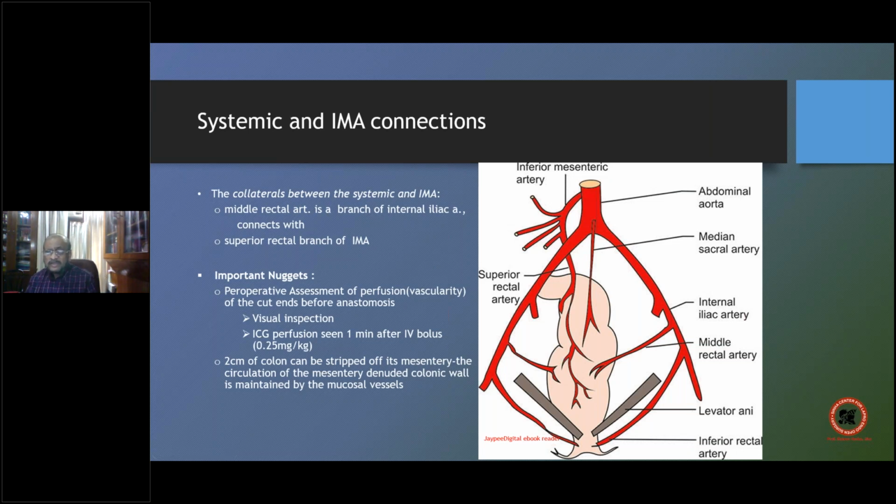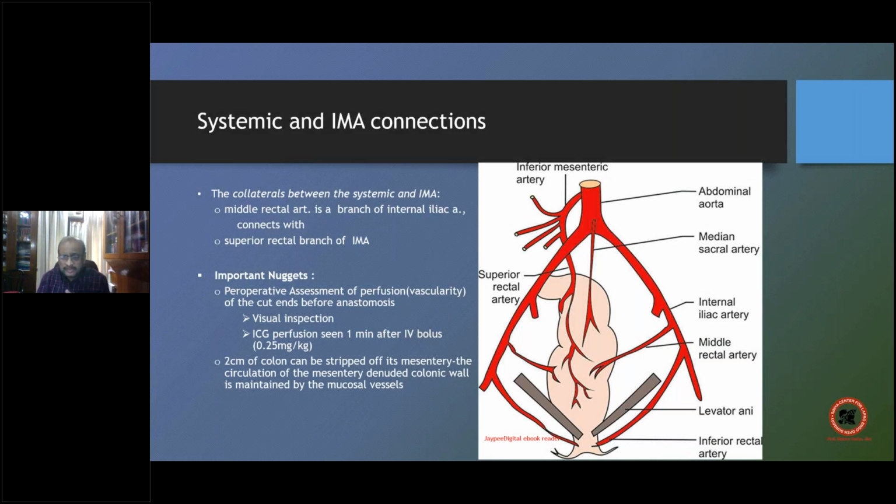of the intestine, when you cut the intestine and try to anastomose the two edges, you have to be sure that both the edges have got enough vascularity in them. And how do you ensure that? One, you can use the naked eye. If you're doing a laparotomy, by naked eye examination you see the oozing from the cut edges, and you're very sure. You can see the color of the bowel and everything.